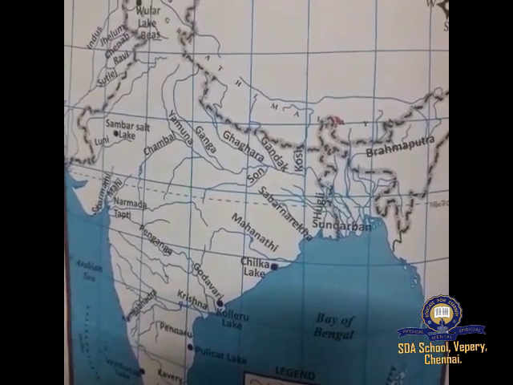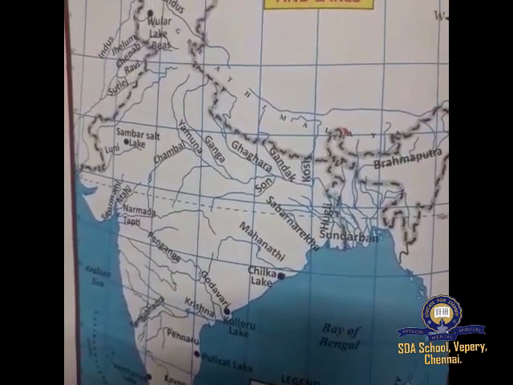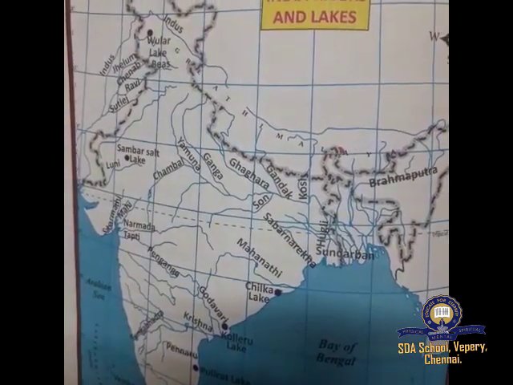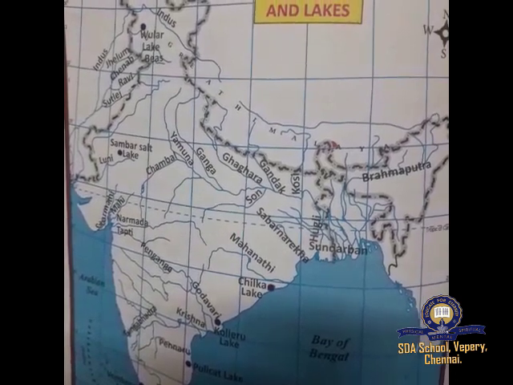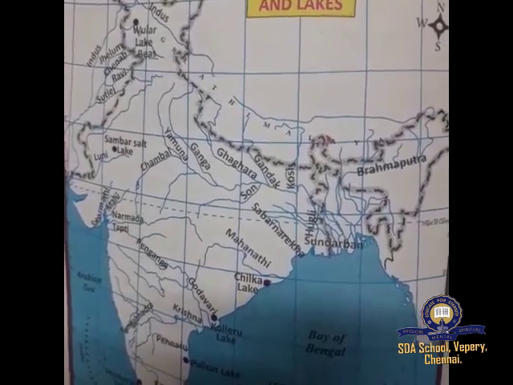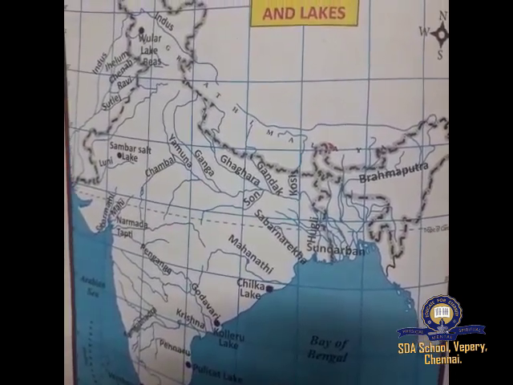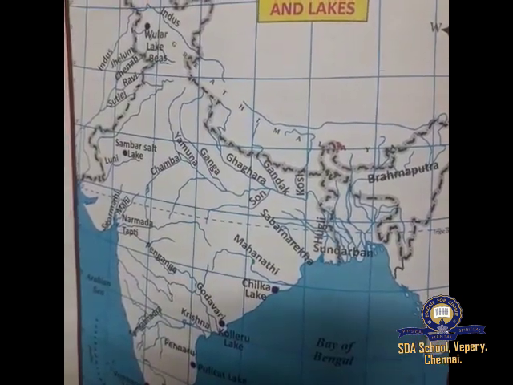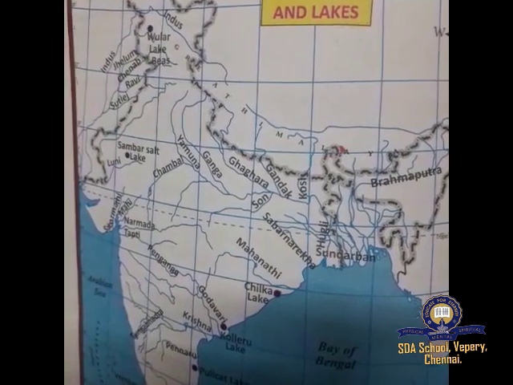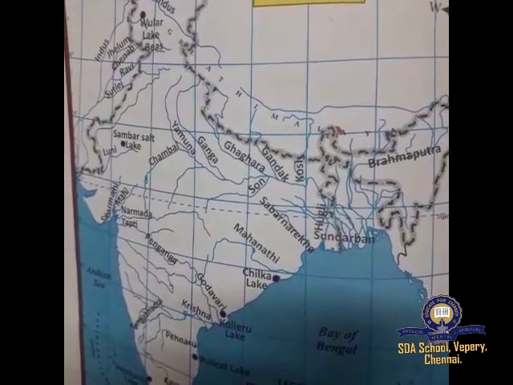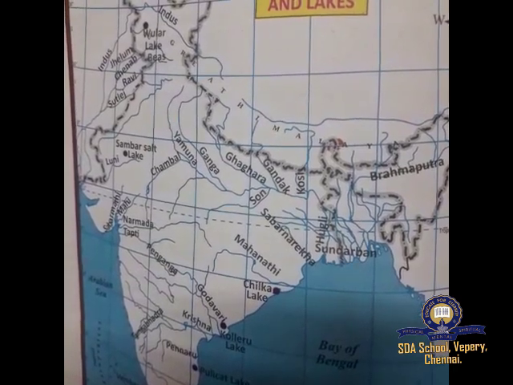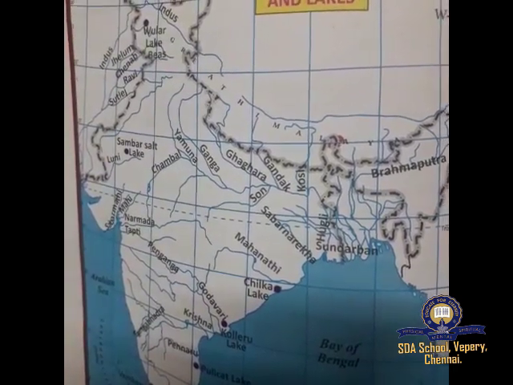Students, today you have learned about India's physical features. Children, go through the slides keenly, which will help you to understand the topic easily. You have seen on the screen the India map related to rivers and their physical features. These are all very important from the exam point of view.